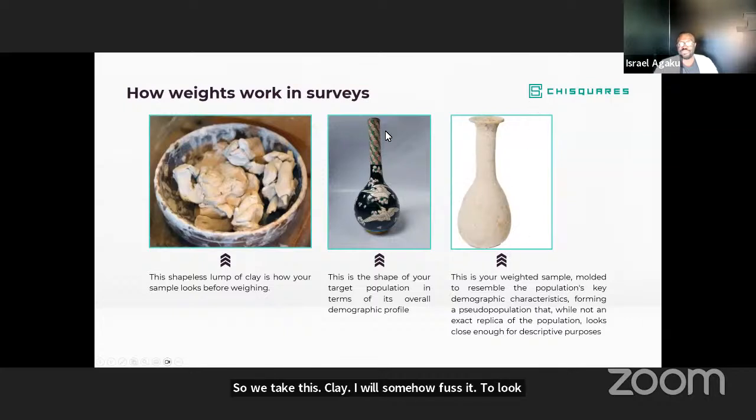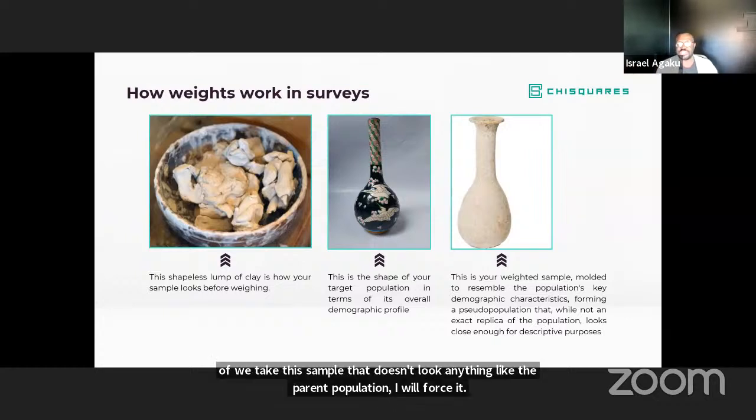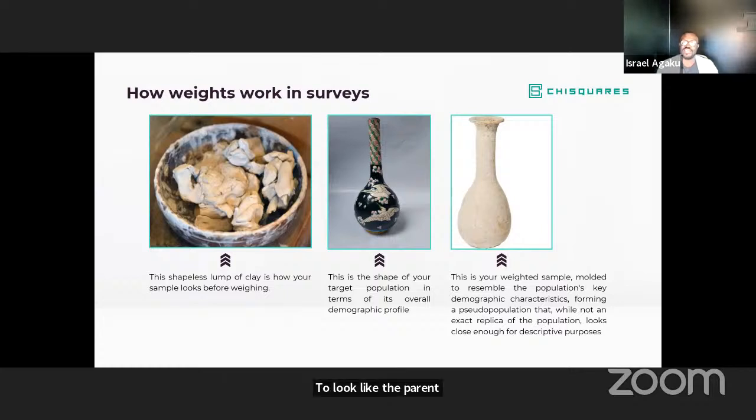Now, you can see that these two guys don't look identical, but at least they look similar. So now we can go ahead and compare these two things. So that's what weights do. Weighting is a statistical process where we take this sample that doesn't look anything like the parent population and we force it to look like the parent population so that we can make inferences from the sample